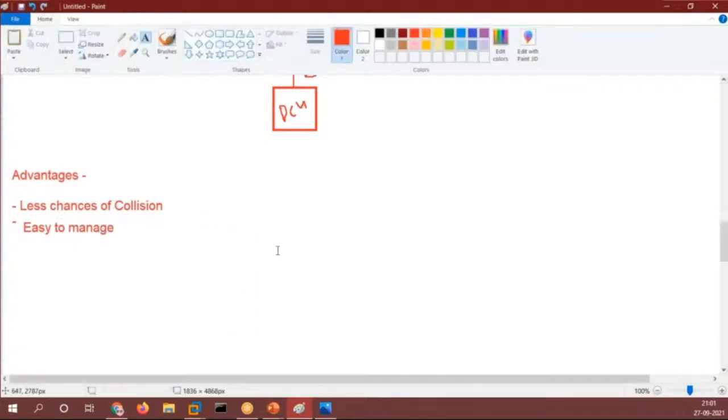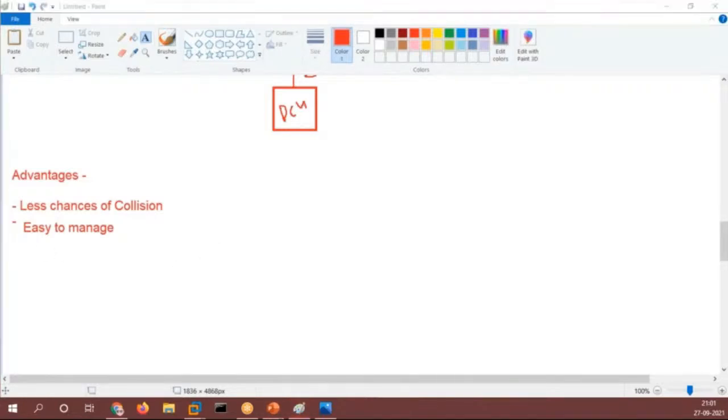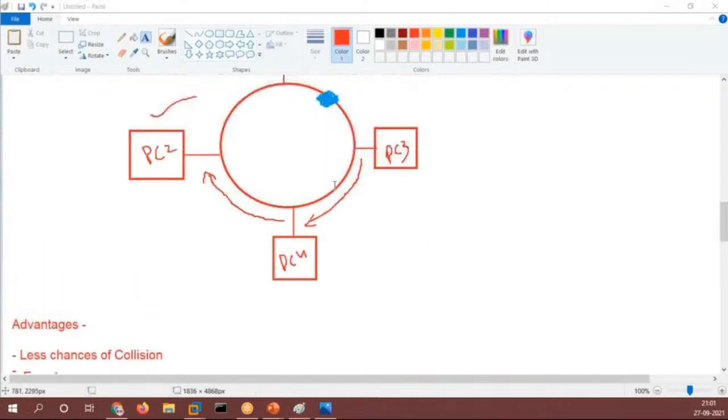Now if I want to add a new device in this, what I have to do, I just have to break the cord in between and add a new device. Yes, Mr. Diego, we have to take the network offline for some point of time and for a while, but it is easy as compared to other topologies, right? In other topologies, we have to connect to them and do a lot of stuff, but over here we just have to break the cord in between and connect our new device and it will be connected, right?